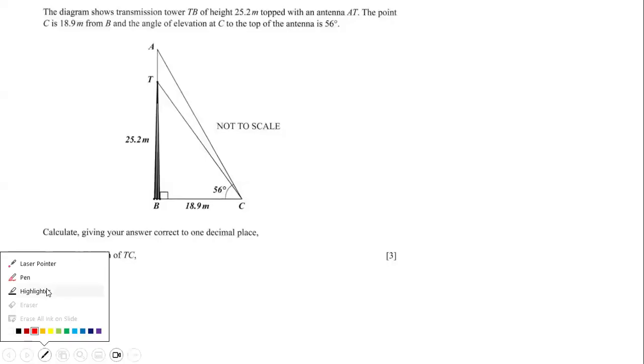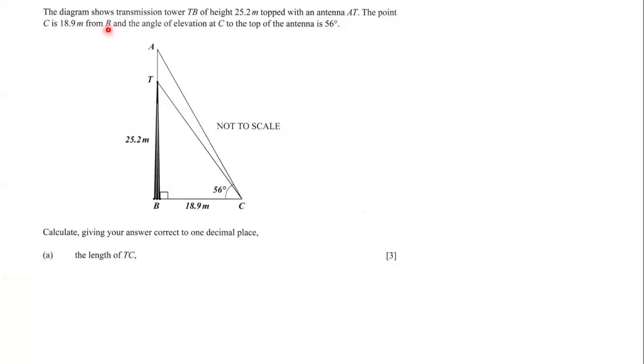Okay, so we have here the diagram shows transmission tower TB of height 25.2 meters, topped with an antenna AT. The point C is 18.9 meters from B, and the angle of elevation at C to the top of the antenna is 56 degrees. So here we have a diagram, and it says here, calculate, giving your answer correct to 1 decimal place, the